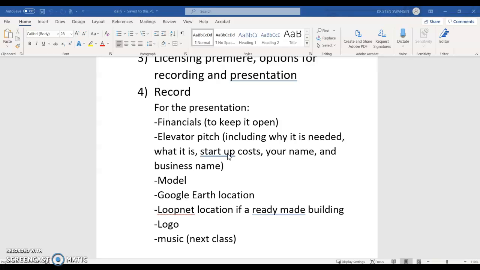like this is the part of the Shark Tank pitches where they say, I need $1.5 million for 10% of my company. Whatever the name of your business is, and your name. You need to have your model, whether it's a physical model or a SketchUp model, does not matter. You need to have the location in Google Earth. If you have a ready-made building that you found from LoopNet, you need to have a snip of that. You need to have your logo, and then next class we'll work on music that goes in the background of